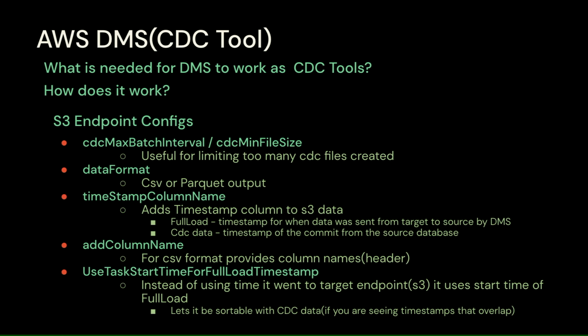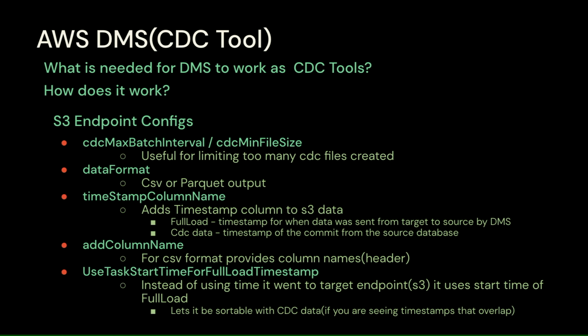And secondly, we have our target endpoint. For us, it's S3, and there's a myriad of options here that are relevant for us. First is the data format, CSV or Parquet. Parquet is a really good format to use, especially with Databricks Delta Live Tables and Autoloader, because we provide auto schema inference. So if you have a lot of tables you're writing out and you don't know the schema, or it's just too much to keep track of, we can automatically infer the schema for Parquet files with Autoloader